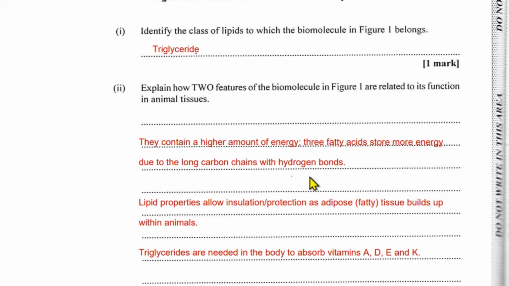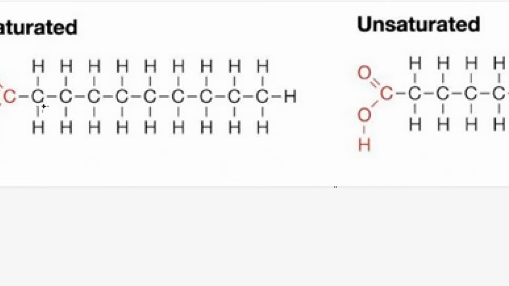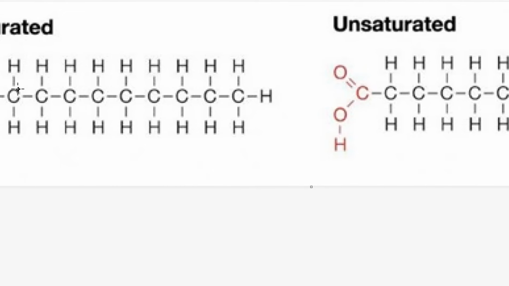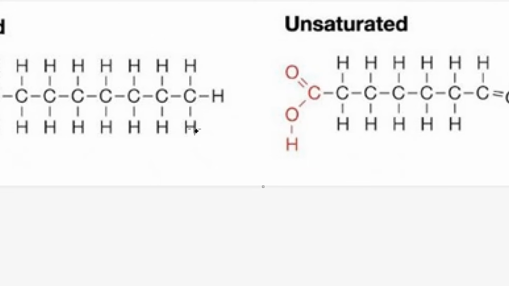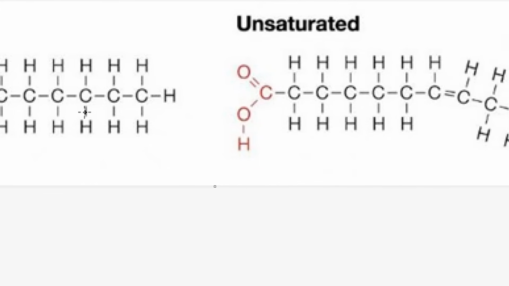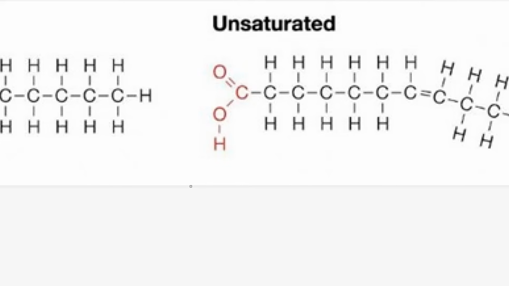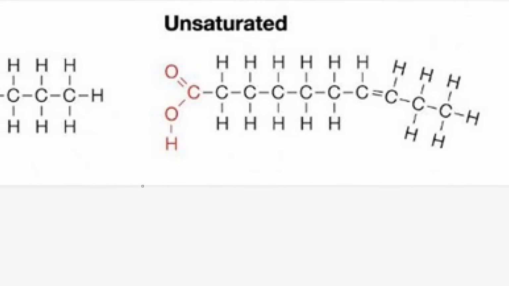with hydrogen bonds. So you'll see here that, remember, carbon would have 4 things bonded to it, or 4 bonds. So each carbon here, aside from the last one, would have 2 hydrogens bonded to it. When these hydrogen bonds break, that releases energy. Now, because these chains are so long, there's a lot of energy that can be released by the lysis of